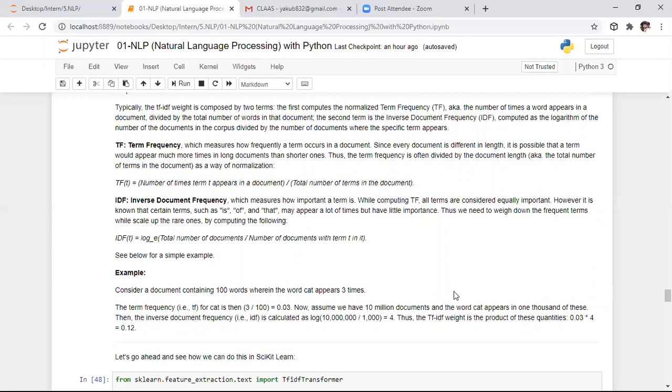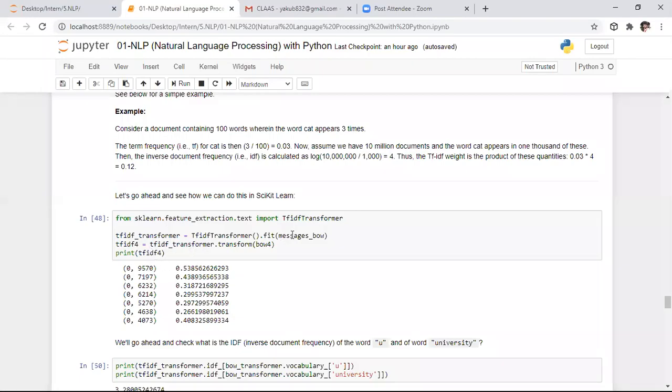If you want to find the same thing practically, here are the term frequencies of the specific words. For message 4 only, he has calculated this entire thing.